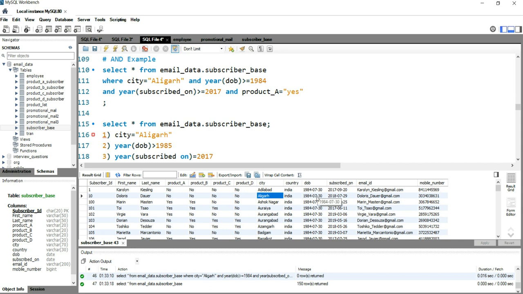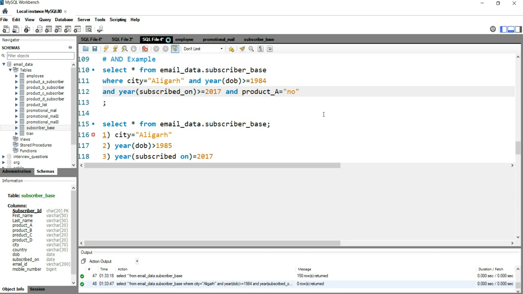Date of birth is equal to 1984, that is matching. These two are true. Then the subscribed on is 2018, this is also true. But product A is not true, that's why it's not returning this record. So if I put no here, then this subscriber ID 10 should appear in my result set. Let's run this query. Sorry, my mistake. Let's run this query.